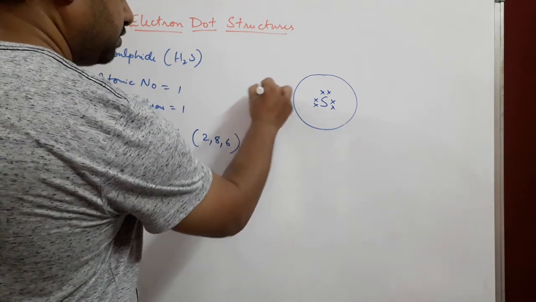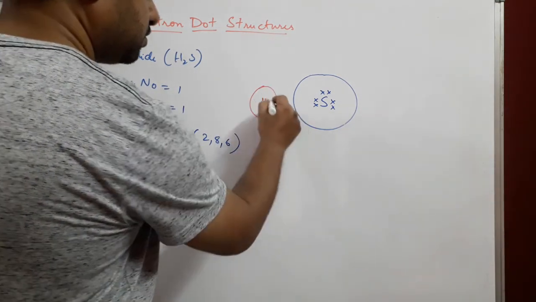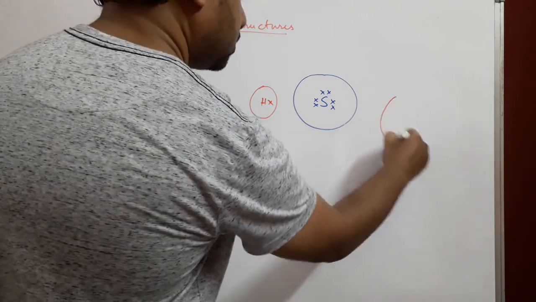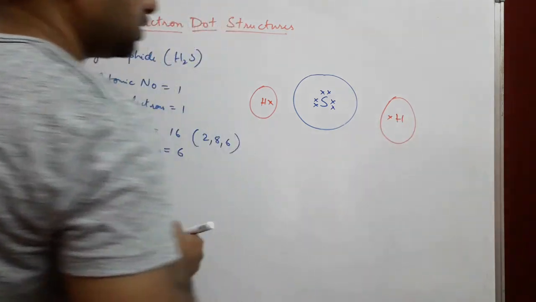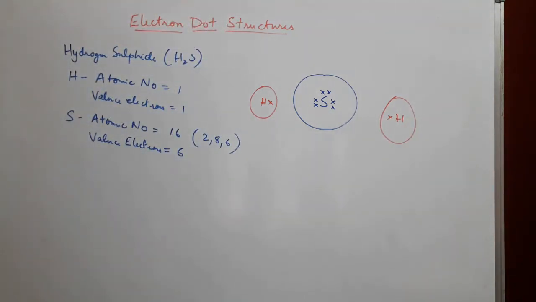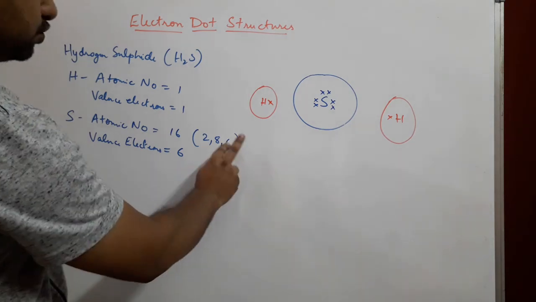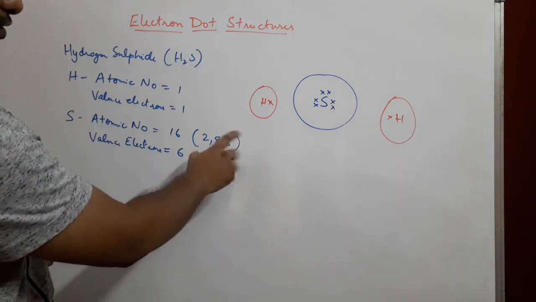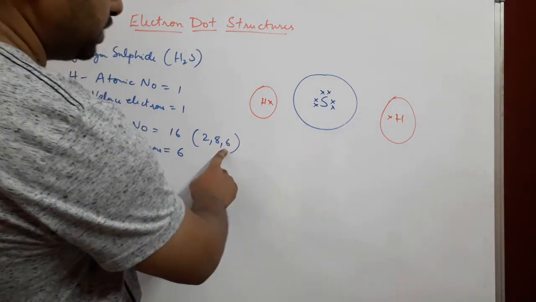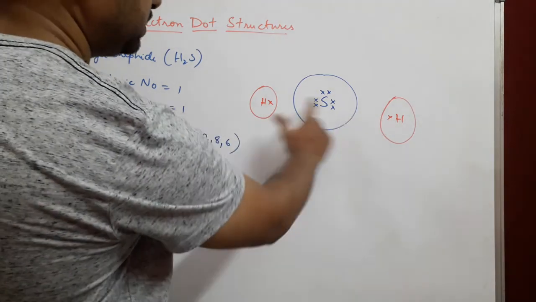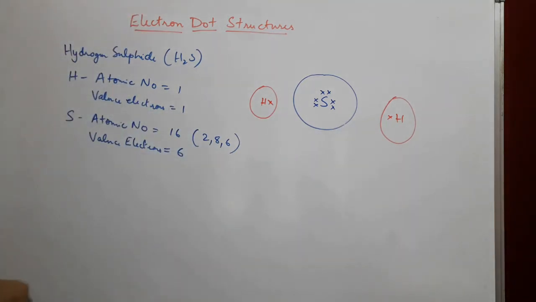Okay, and for the hydrogen atoms, there are 2 hydrogen atoms. We'll put them over here, and one over here. Okay. Now these 2 hydrogen atoms need one electron each to gain stability, and sulfur, as you see, needs 2 more electrons to complete the octet to gain the noble gas configuration. So 2 electrons it can gain from the 2 hydrogen atoms. Let's see how that happens.